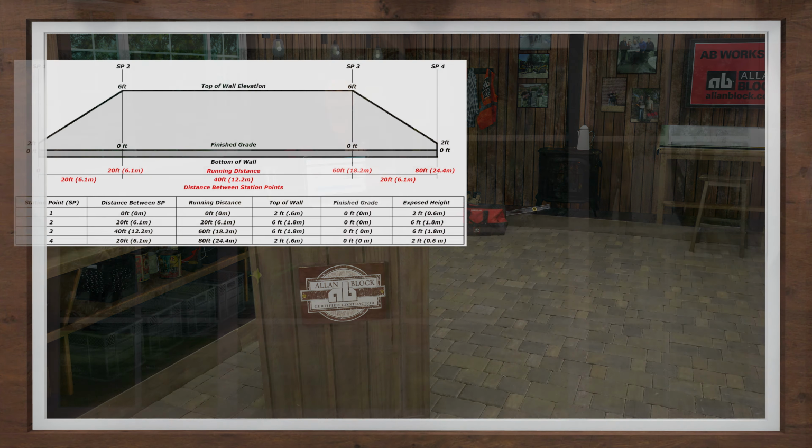What I'm going to show you is how to input the elevation view of your wall into the estimating tool. Most of you are probably used to saying that you have a wall of a given height and length to develop an estimate for your project. Instead of simply coming up with a ballpark estimate based on height and length, we will show you how to capture the true quantities of the materials required and give your customers a realistic view of what you are proposing to build for them. Let's start by going through the example and definitions on the left side of the screen so we are all on the same page.